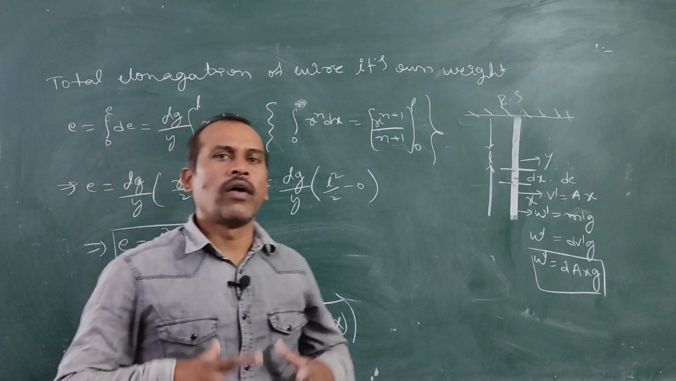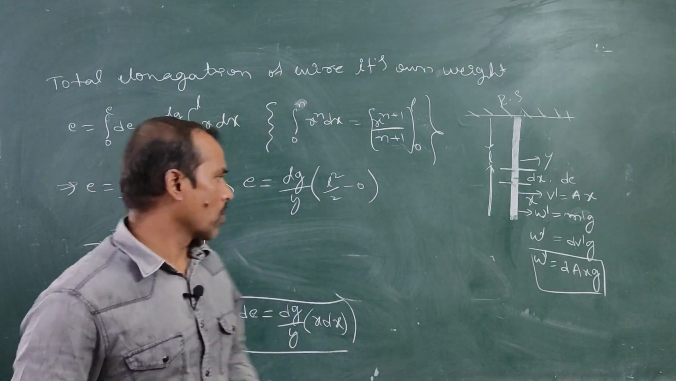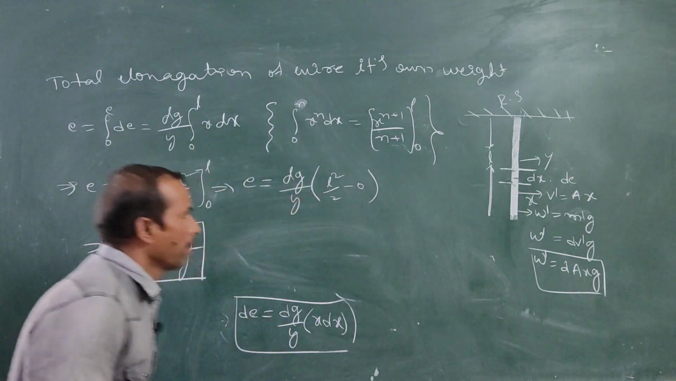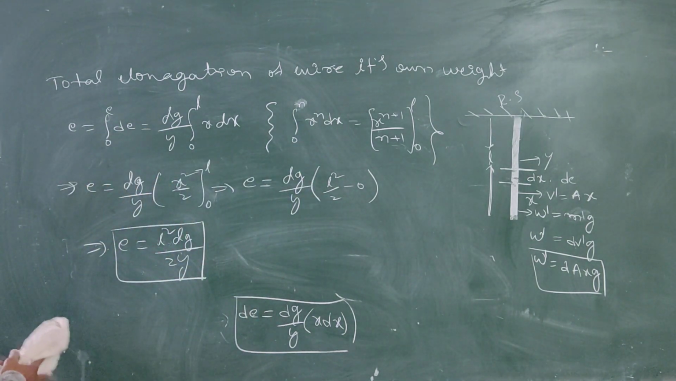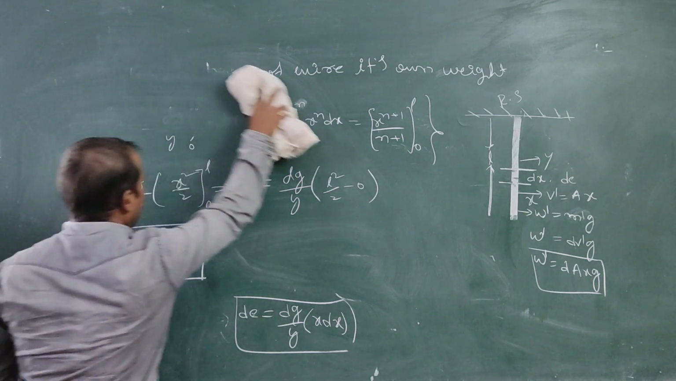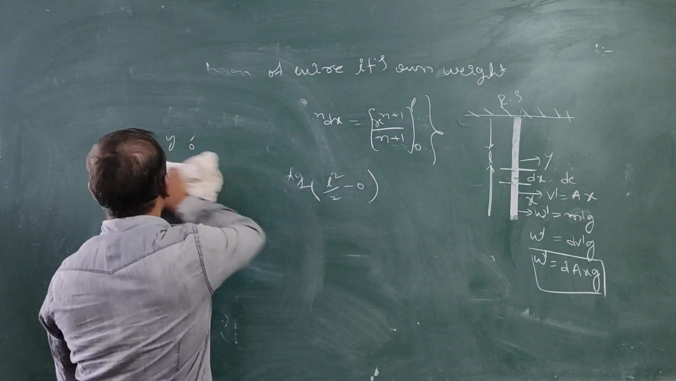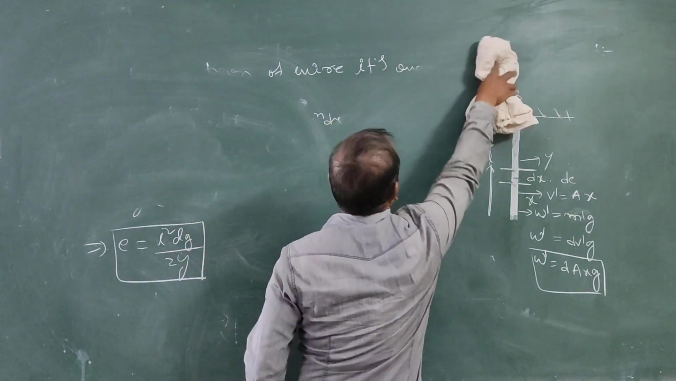Consider the weight at the center of mass. Note this one. Okay, next, let us see how this formula can be obtained. In terms of weight, E is equal to